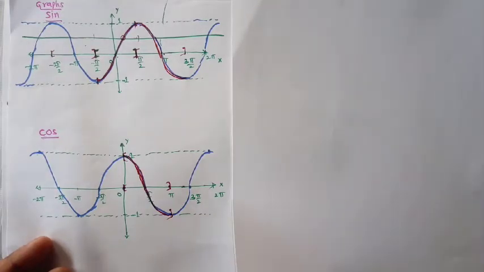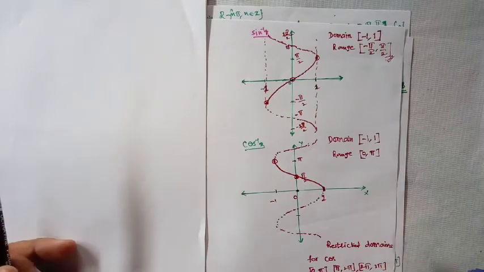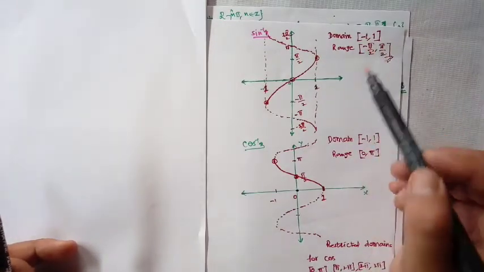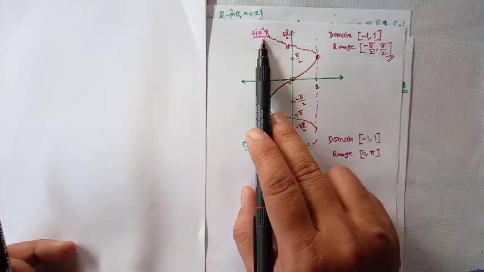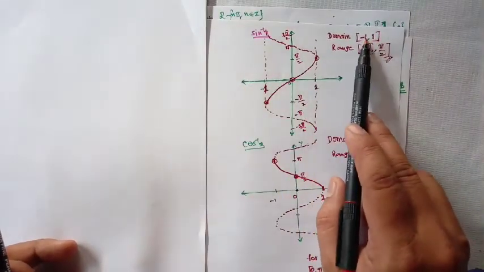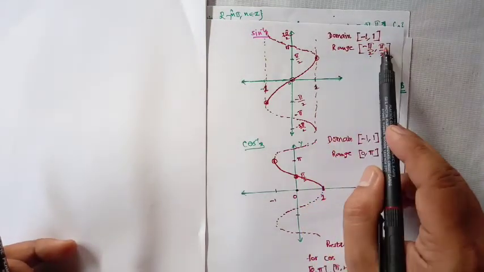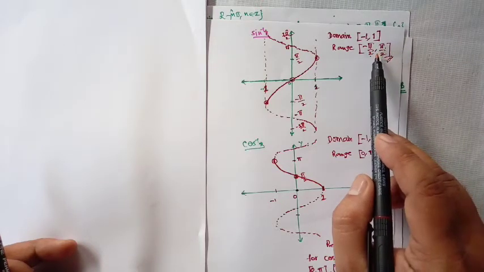And what is the domain we restricted? We restricted the domain to minus pi by 2 to plus pi by 2. And coming to the inverse, the domain will become the range and the range will become the domain. So see the sine inverse here. This is your graph. Domain is -1 to +1, which is the range of the sine, and the range will become minus pi by 2 to plus pi by 2. It is the restricted domain of sine.